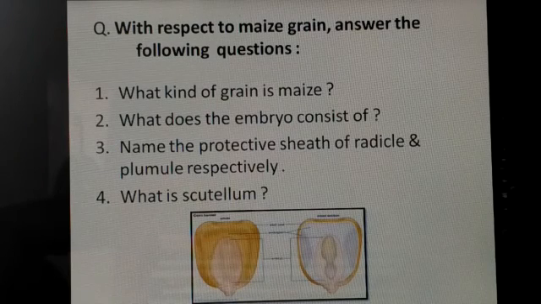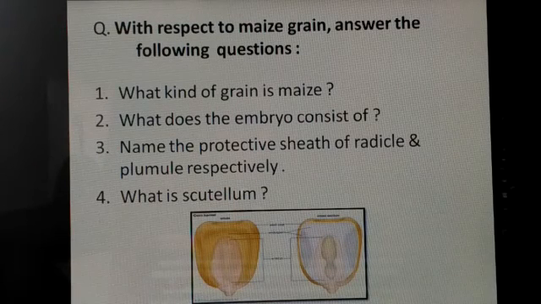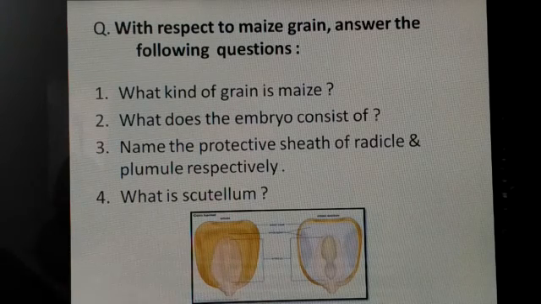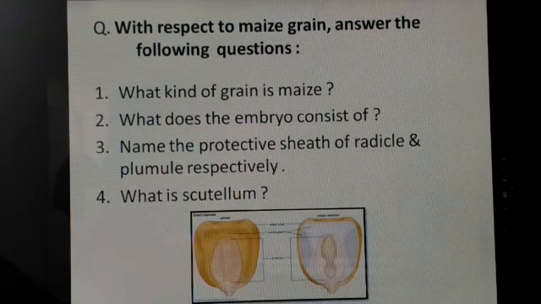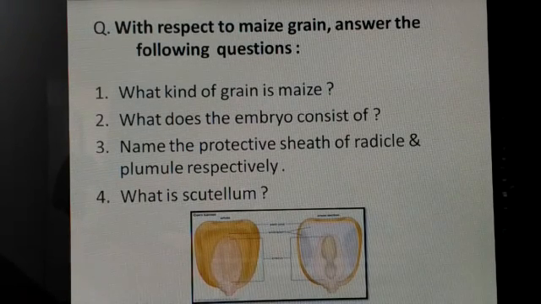So I have not given answers to these questions here because these questions are very direct questions. You can easily get them from your book. And such kind of questions are asked. So you have to become familiar with these kinds of questions. There are more such questions in your book. You have to go through them and practice them.